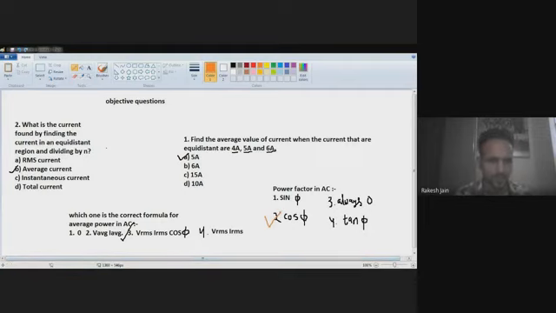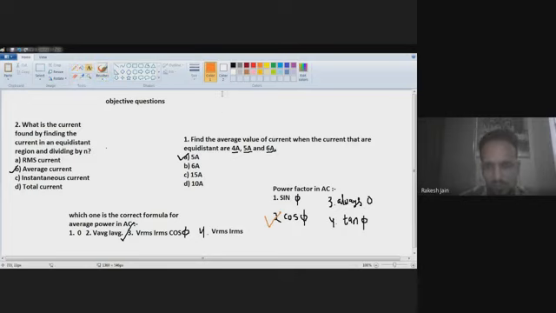One more important thing from today's lecture: whenever we write down the voltage and current in AC, whether the average value, the RMS value or the instantaneous value, we should always use the term omega, and omega is equal to 2 pi f. So if someone asks you which signal consists of the frequency, AC, DC, both AC and DC, or it is not mandatory for anyone, which one is the correct answer? AC always consists of the frequency.